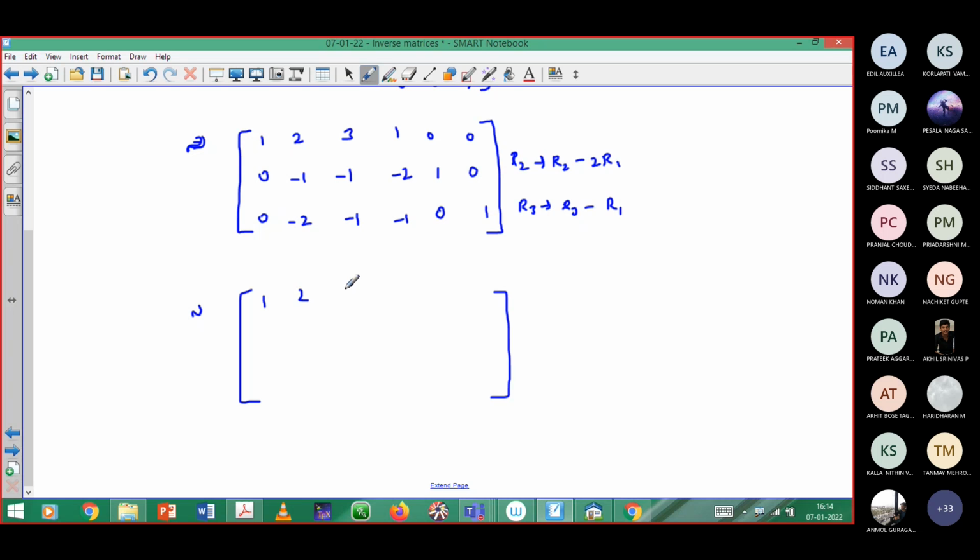So I don't want to disturb row 1. So 1 0 0 0 minus 1 minus 1 minus 2 1 0. In R3 I can apply the rule R3 minus 2 R2. So 0 0, then 1, 1. Next, 3. Next, minus 2,